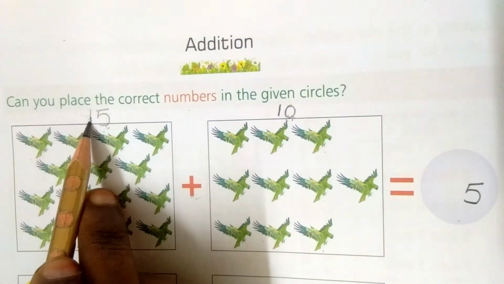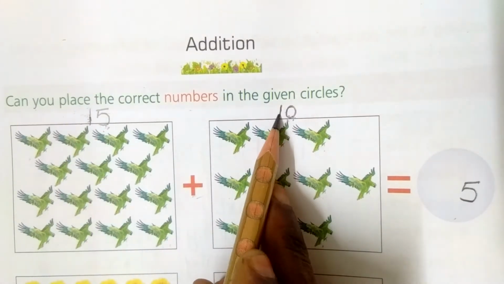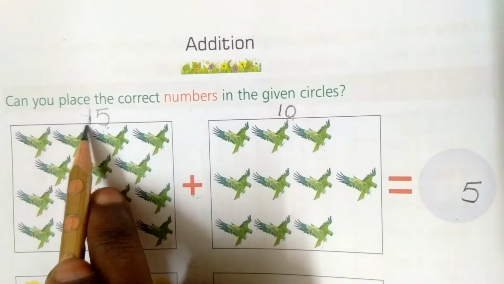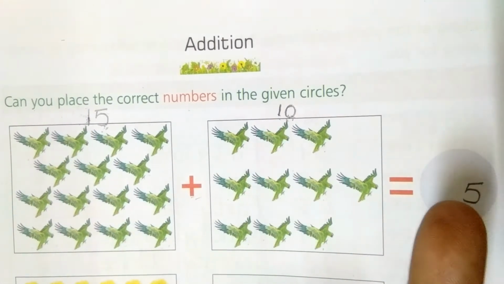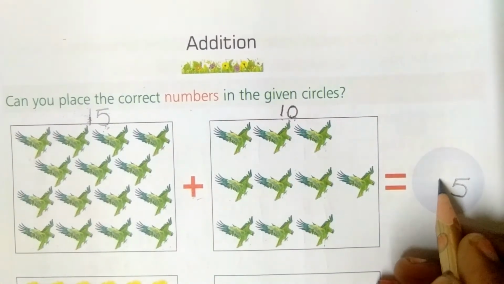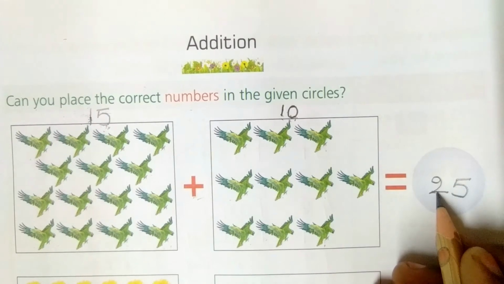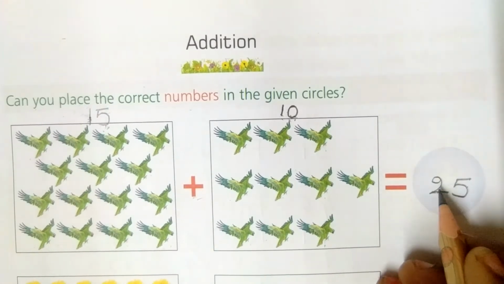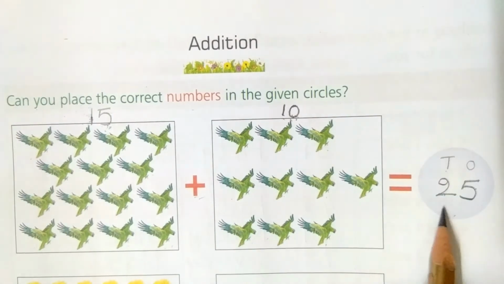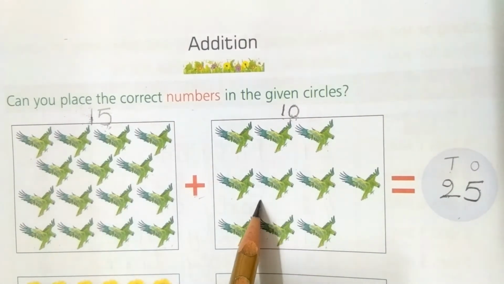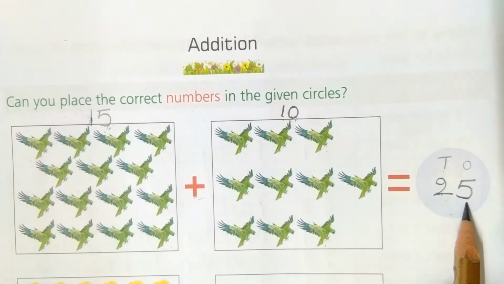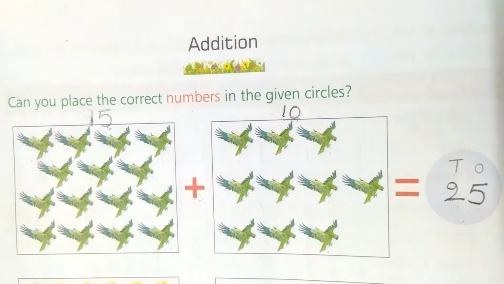Next, here tens place 1 and 1. 1 plus 1. How much, children? Take one finger, one after 2. How many fingers? 2. So write down in tens place 2. This is ones place value. This is tens place value. Yes or no? So how many parrots are there in two boxes? Totally 25 parrots. Okay. Come to the second one.